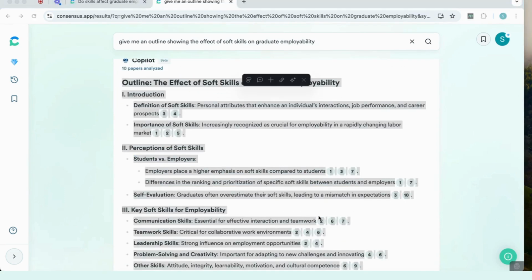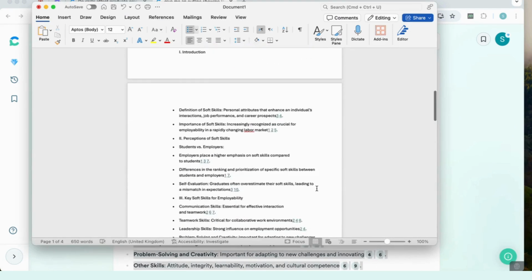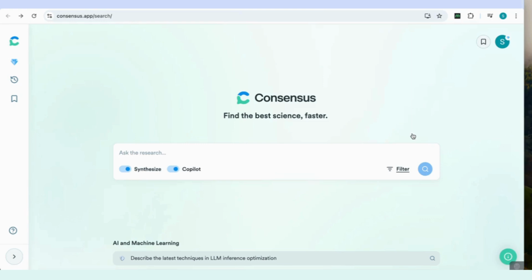And again, I've copied these sections, and now what I'm going to do is add them in the section on soft skills. And you can see how the Copilot again has helped me complete the different sections in my outline. So not only can the Copilot generate outlines, but it can also help you write certain sections of your literature